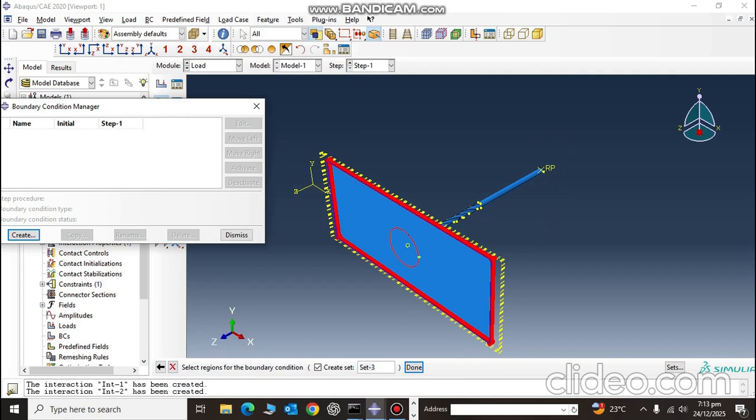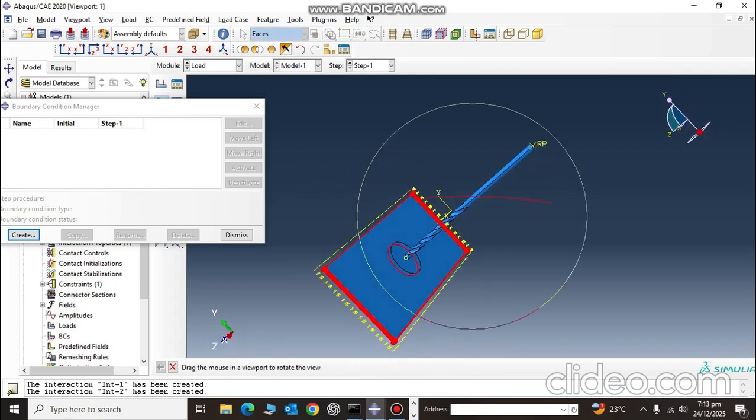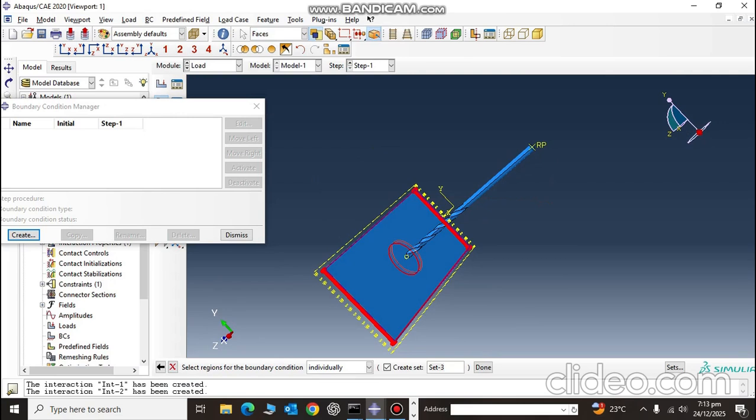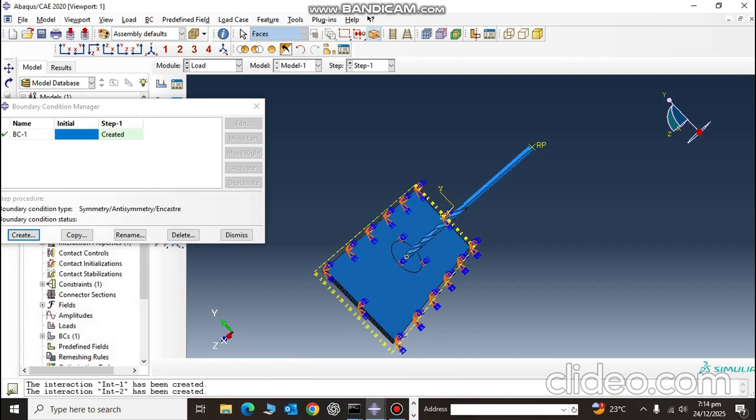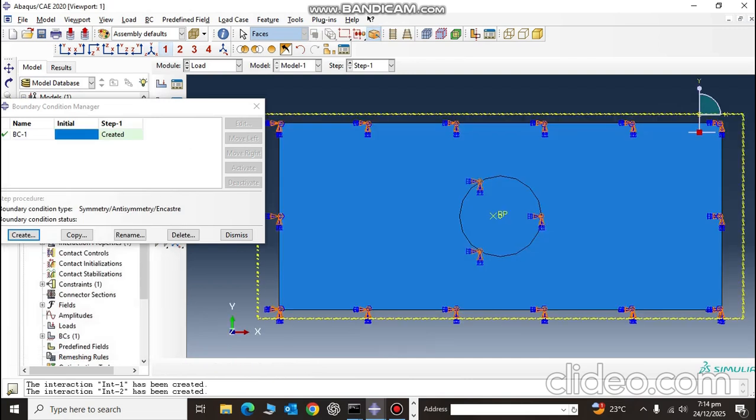Okay, so once selected, now you need to select here the face and then select the bottom face. Now you can see that all this is created, and you need to make sure that only the bottom circle is red. Okay, so if only the bottom one is red, done. Now you need to concentrate it. Okay, so now